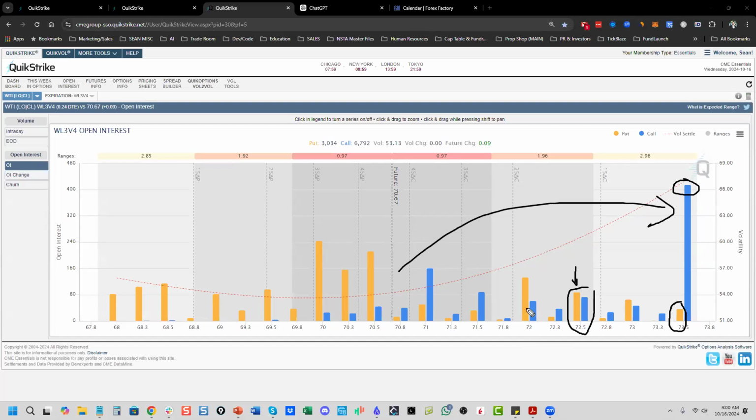72 could be support if we got above it. Lance, yes, that's the key. If we were trending and you were trading with a trend, you could use that as support. Absolutely. We'll get into that later. That's more complex, so we're not going to start with that, but that is where you could take this. Yes. Step first is